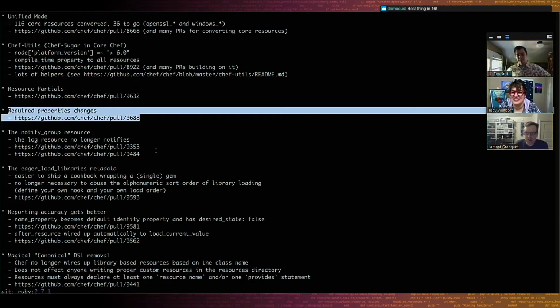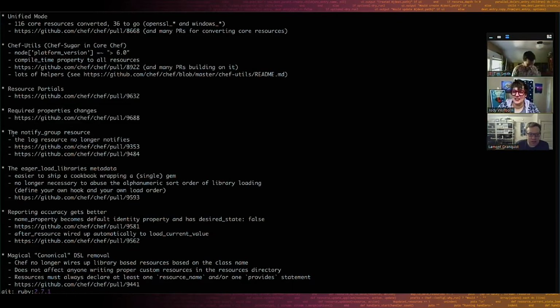And that has nice effects on the docs as well, right? Because whatever that property was, it wasn't required to delete it, but it was showing up as required in the documentation. And so now we can actually have better documentation, and that's stuff that makes Tim happy. Dan says in the chat that this is the best thing in Chef Infra 16.